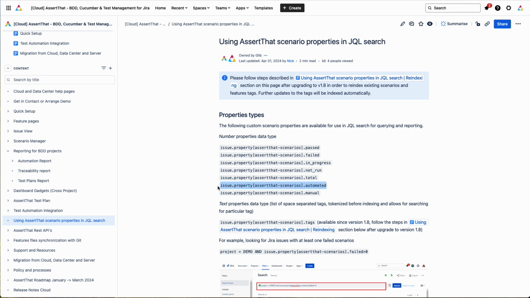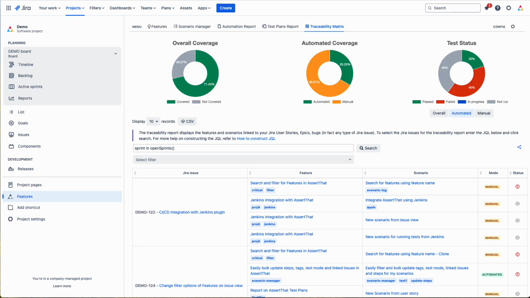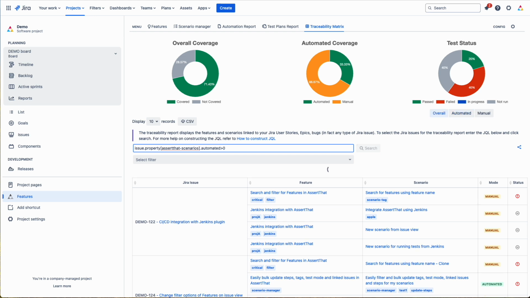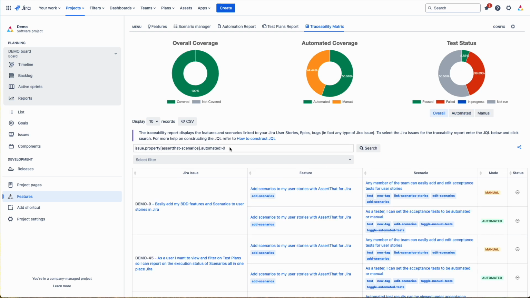If I wanted to return issues which have automated scenarios, I would look at the custom issue property with automated in it, greater than 0. And obviously I can combine this with other filters such as and status equals done or in progress.